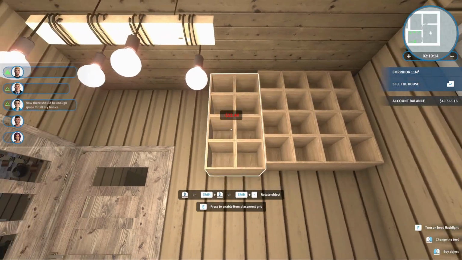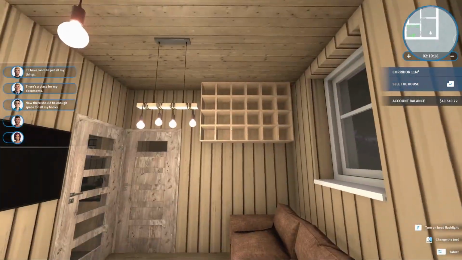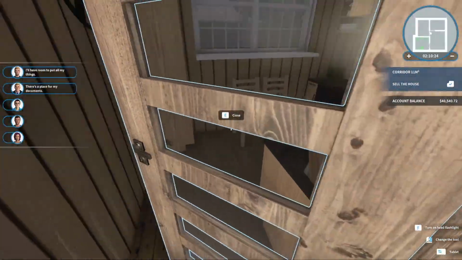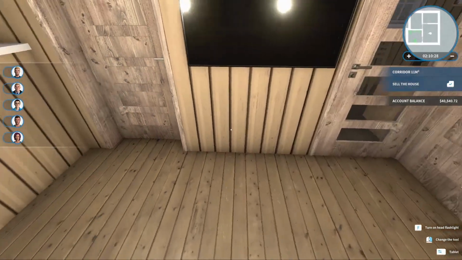1, 2, 3. So it's not in the way, but it's kind of like its own thing. It takes good use of the space. I don't think I'm going to put a table. We're just going to make a tableless house, which is crazy, but